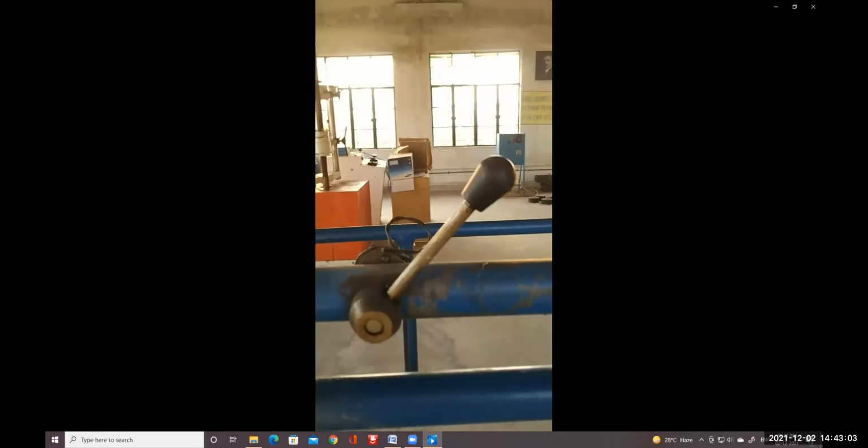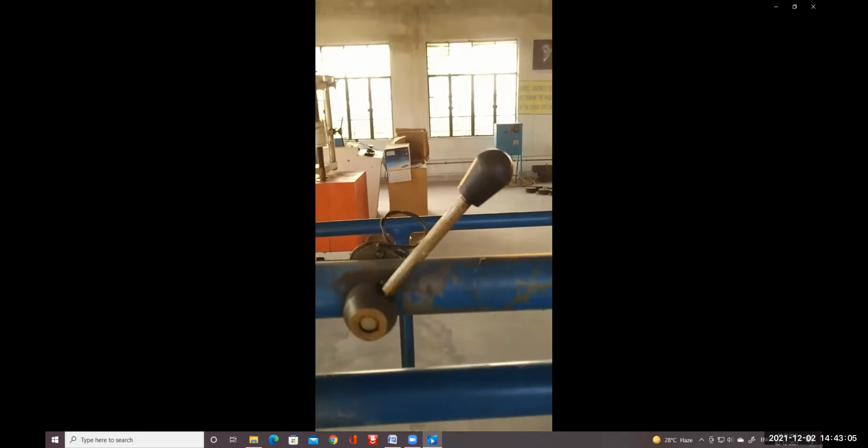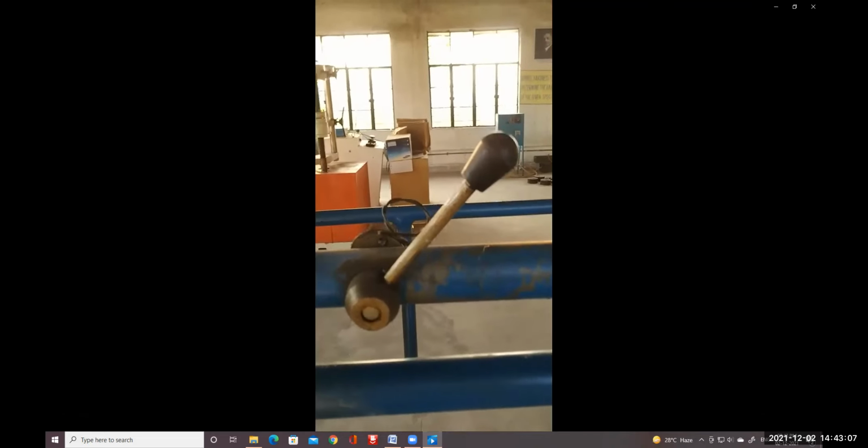Now, the difference between the two is the amount of energy absorbed. When I move the lever, the hammer is released. Here I have cleared it, and the hammer did not move much because of the resistance, and it could not break the item. The pointer is supposed to move up to this point, and a total of 100 joules of energy is required for breaking these items.